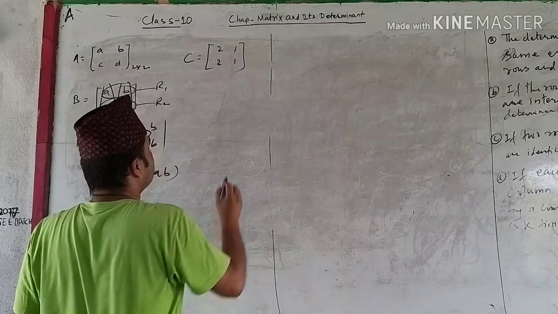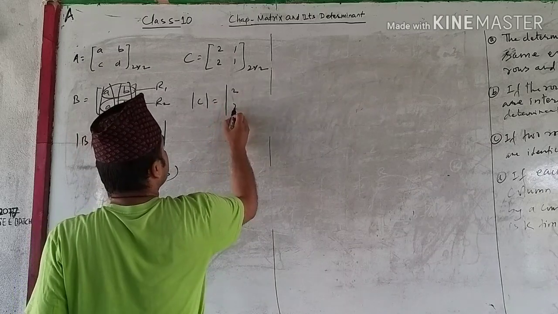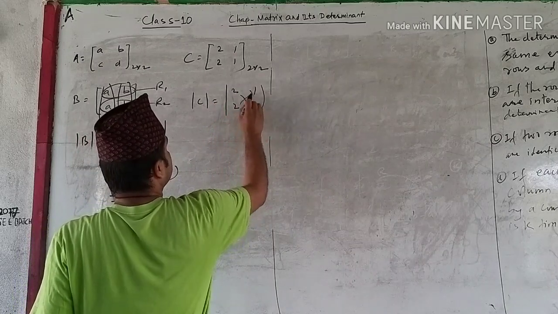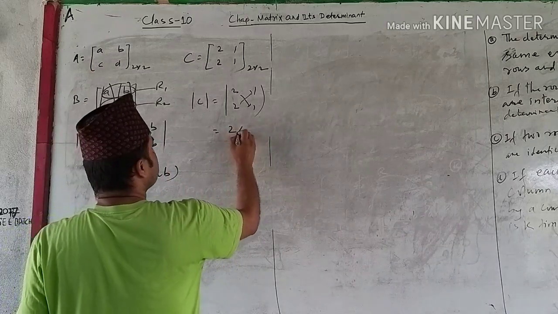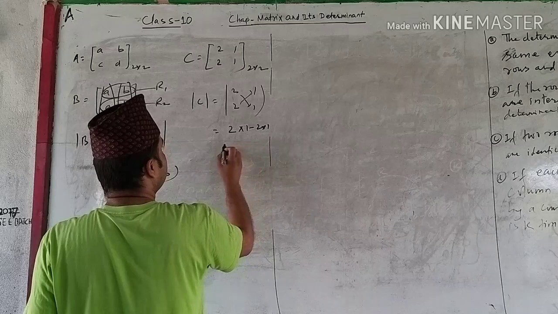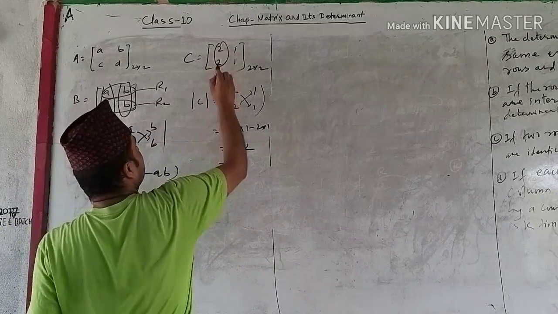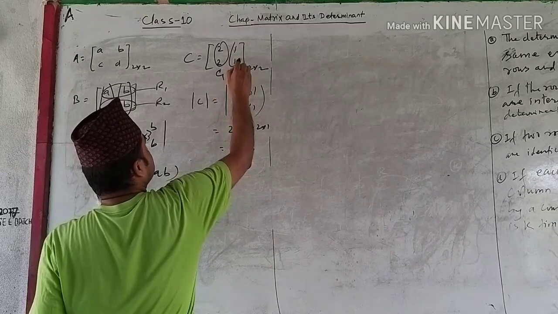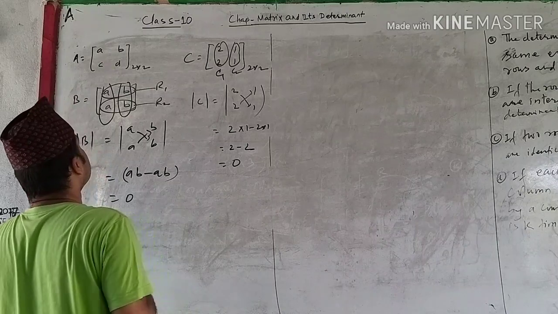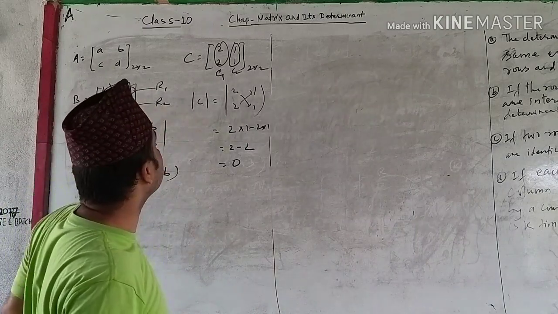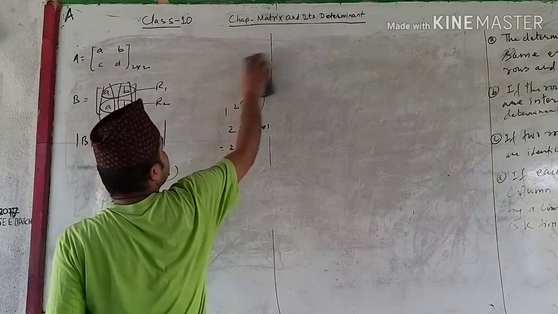Let us find its value. It's 2 by 2. What is the determinant of this matrix? So here 2, 2, 1, 1. So finally, that is 2 into 1 minus 2 into 1, that is 2 minus 2 equals 0. So here column 1 and column 2. This first row is the same as the second row. Okay, I made the same thing here.